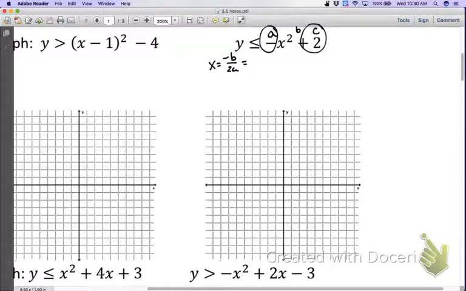Okay, what's another point that I can also put here? So if I have 0 divided by 2 times -1, what's my x value going to be at? 0. Okay, if I plug in 0 to find my vertex, just like we did last couple days, my vertex is going to be at 0, and then I need to fill in that blank. So if I go -0 squared plus 2, what's my y value? 2. So if my vertex is at 0, 2,